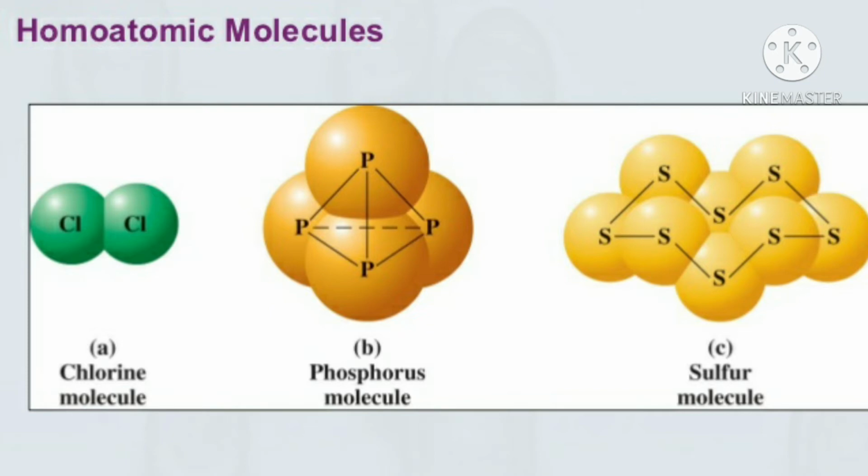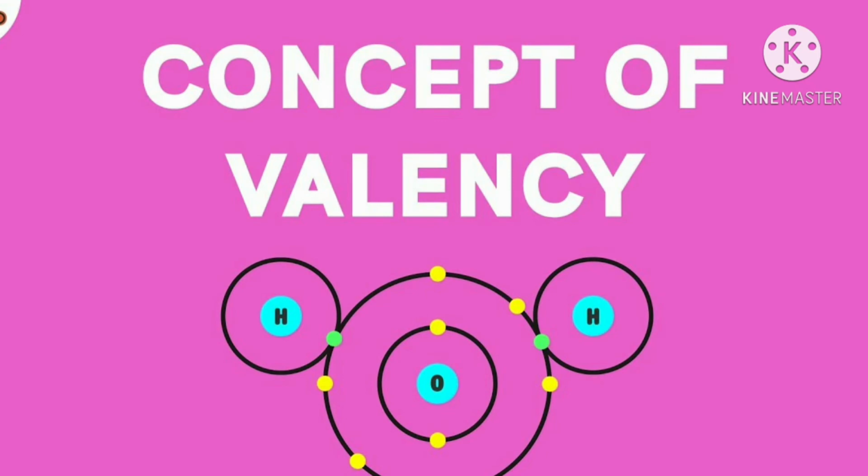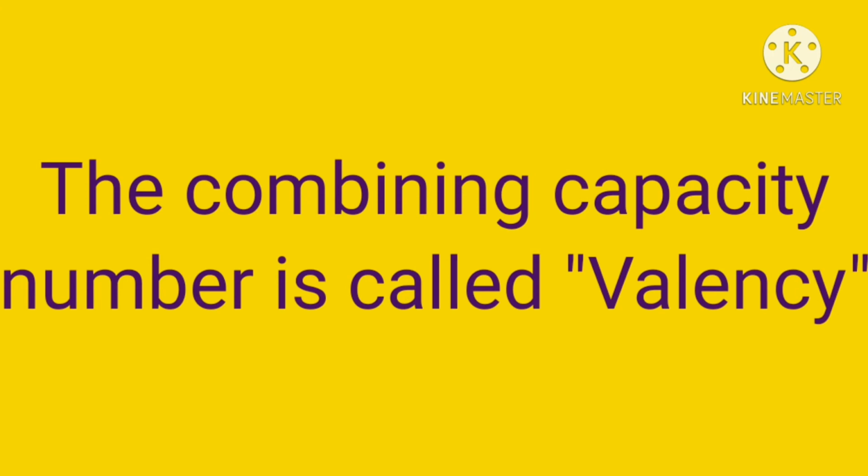To understand the atomicities of molecules of elements and compounds, we need to understand the concept of valency. What is valency? Till now, there are over 118 elements known. These elements react with each other to form compounds. Every element has a definite combining capacity that determines the atomicity of its molecules. Every element reacts with atoms of other elements according to its combining capacity number. This combining capacity number is called valency. So, atoms of the elements have the power to combine with atoms of other elements. This is known as its valency.